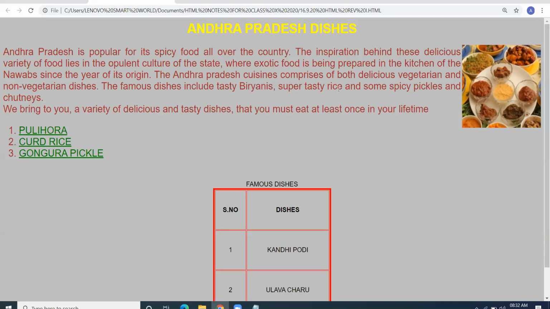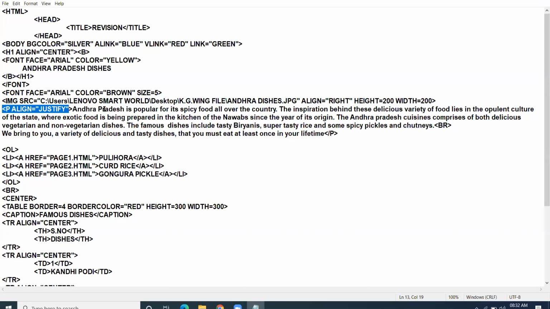It is not that from left side more space is left and from right side more space is left. Proper balance of space, evenly distributed space from left as well as right. So I have taken the value justify of align attribute of paragraph tag.